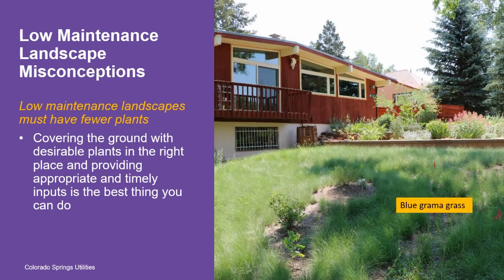Another misconception is that low maintenance landscapes or low water landscapes even may require fewer plants. And that's not necessarily the case. You can certainly have a very densely planted landscape that is low maintenance if you've got the right plants in the right place. And so you don't really need to sacrifice the density or the variety even to achieve a low maintenance landscape. And very often you do want more plants because you really want to cover the ground